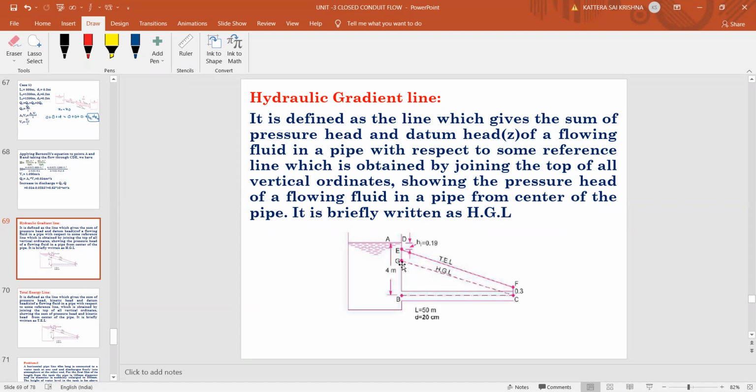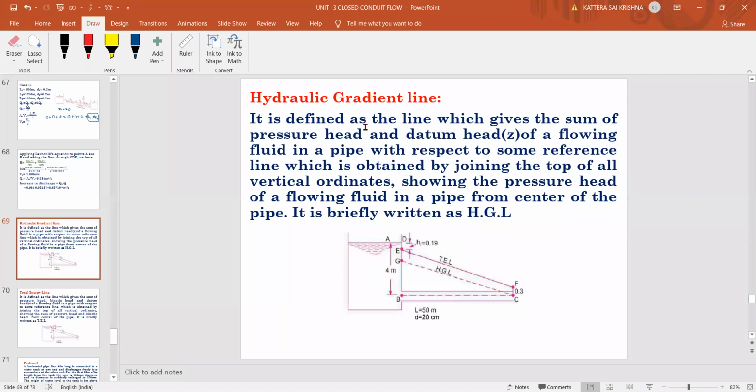So if you join the line from the vertical ordinates of all the lines, or if you take all the sections anywhere, if you mark the pressure heads like this. If you connect all the points, you'll get a line, imaginary line, that is called as your hydraulic gradient line, right? So similarly, if you want a total energy line, what we'll take? We'll take the summation of pressure head, kinetic head, and datum head. And again, same thing if you are drawing the points on the vertical ordinates, nothing but heights. The line joining all the points will give you a total energy line.